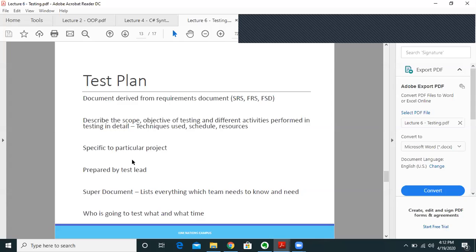For SRS, they won't go into much detail in a software company. They just mention the functional requirements. Actually, the test plan will be derived from these documents. So based on the requirements, you define what things are to be tested,